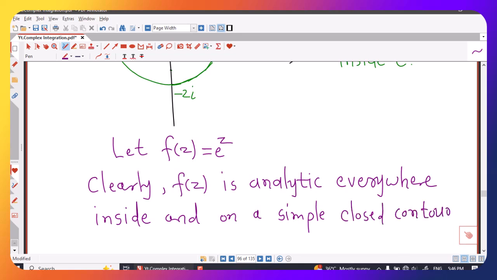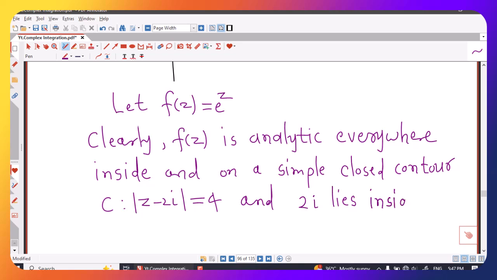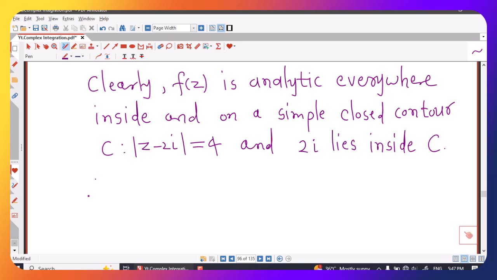Our simple closed contour is a circle with center 2i and radius 4, and we have observed that the point 2i lies inside this simple closed contour, and therefore we can write that